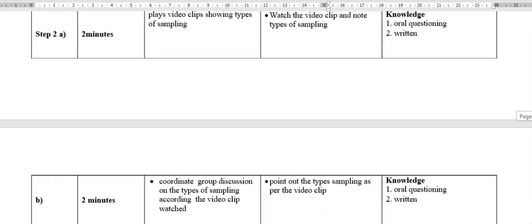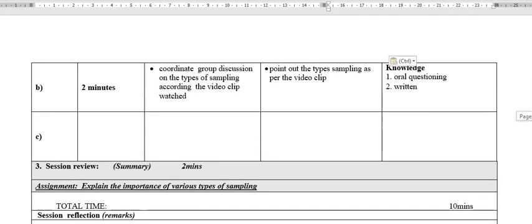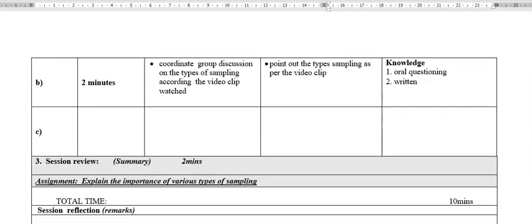So for your assignment, you are going to look at the importance of various types of sampling. So we have looked at two types of sampling. That's the probability and the non-probability sampling. So your assignment is to go and explain the importance of each of these types of sampling. I think it's clear up to that point. So do the assignment